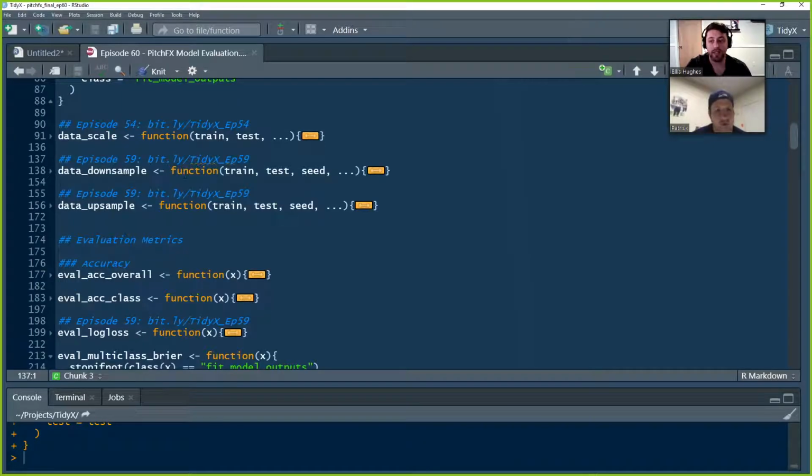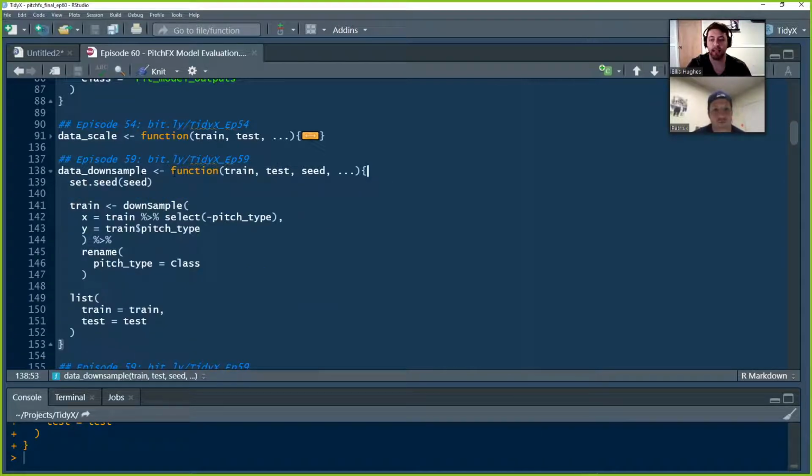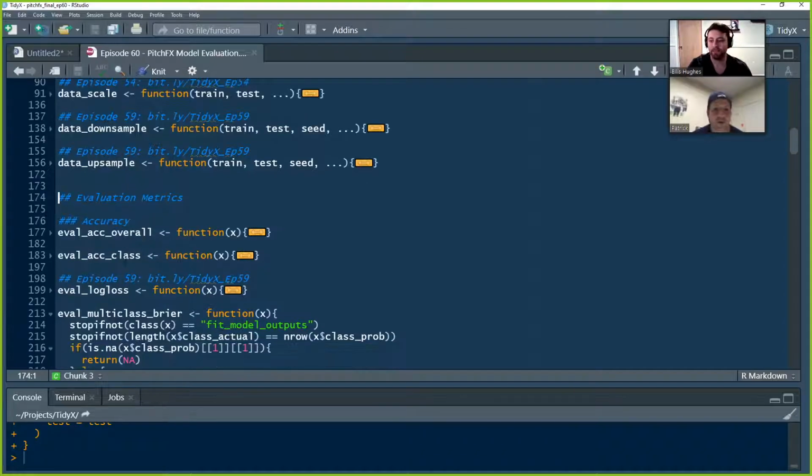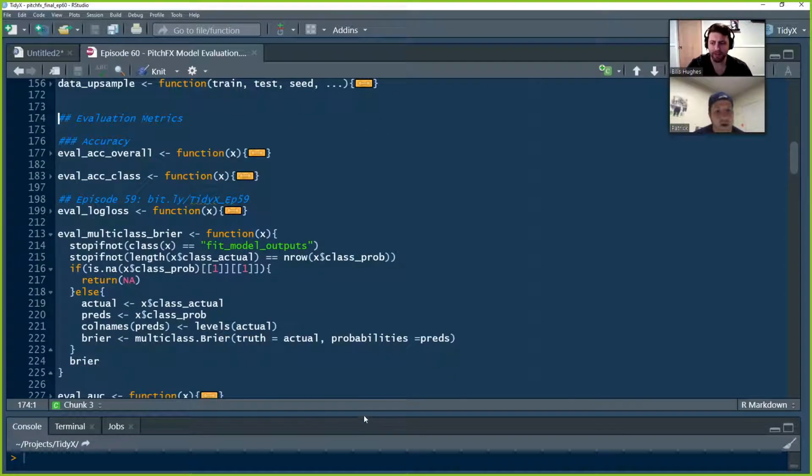Same concept here. I'm going to be manipulating my data, but this time I'm going to be downsampling it. We covered downsampling in episode 59. It's a bit shorter of a function. Really all it's doing is applying the downsample from caret to this and then reassigning the name class to pitch type so it remains consistent across everything. So we do have our downsample, and upsample, same concept, but we're upsampling using the upsample function from caret. And now we have a bunch of evaluation